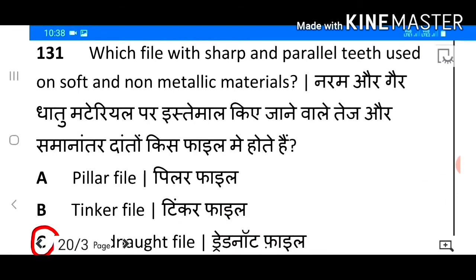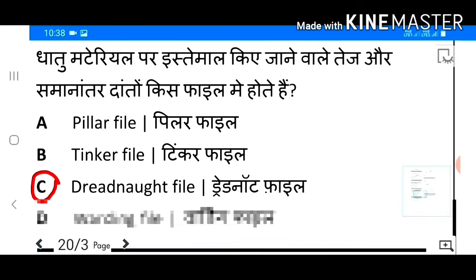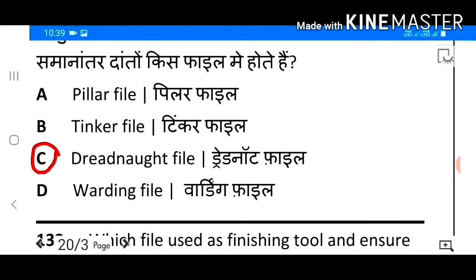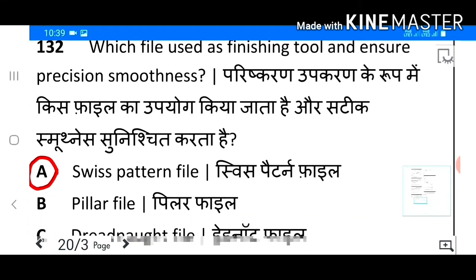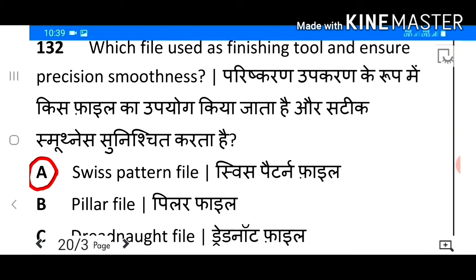Which file with sharp and parallel teeth used on soft and non-metallic materials? Answer C. Dreadnought file. 132. Which file used as finishing tool and ensure precision smoothness? Answer A. Swiss pattern file.